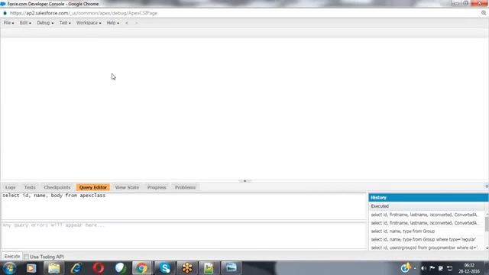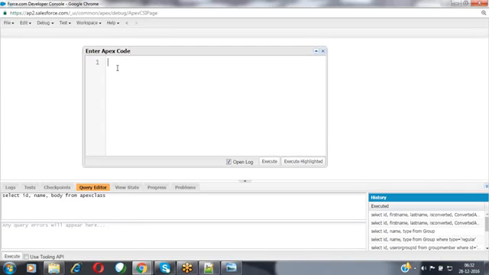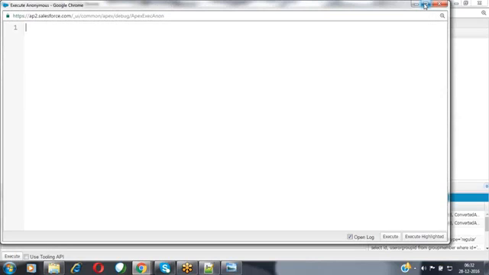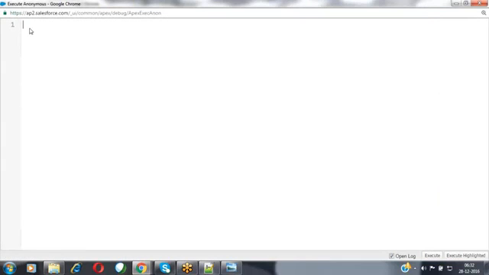currently I'm in the Developer Console. Just simply press Control E. When you press Control E, the Execute Anonymous window will automatically open for you. Control E is the shortcut to open that Execute Anonymous window. Now expand that. So now the editor is available to you where we can write the